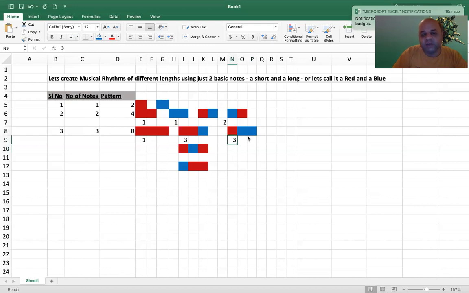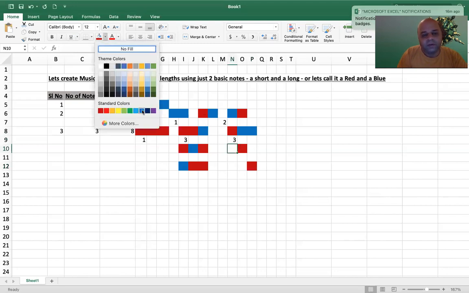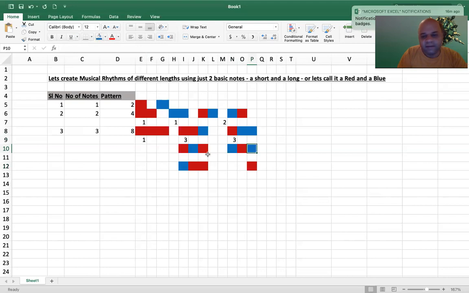Why? The short one can be in the beginning, it can be in the middle, right? It can be in the middle or it can be at the end, right? And then the other 2 notes can be blue or long ones, right? This also has 3 such possibilities. And finally, there is a possibility that you will have all 3 notes as blue or long, right? Are you following me? This is how he was doing it. Okay, I'm just trying to explain how he was doing it.